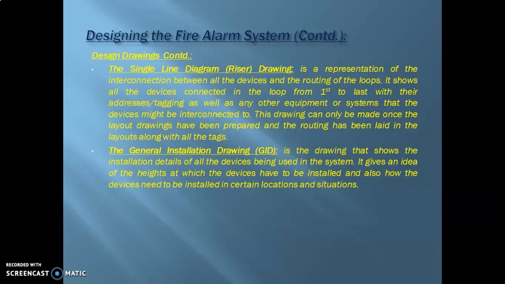As the definition itself states, this is just a single line representation of the entire design that has been laid out in the layout drawings.